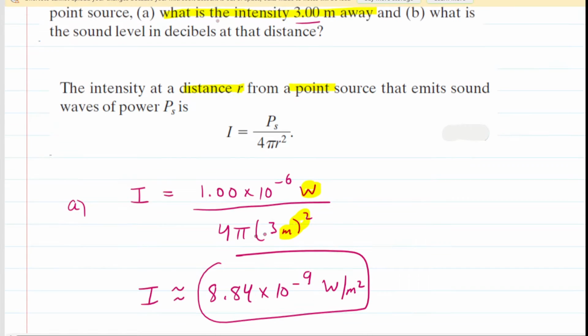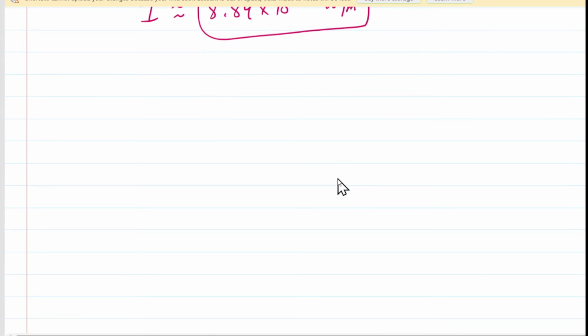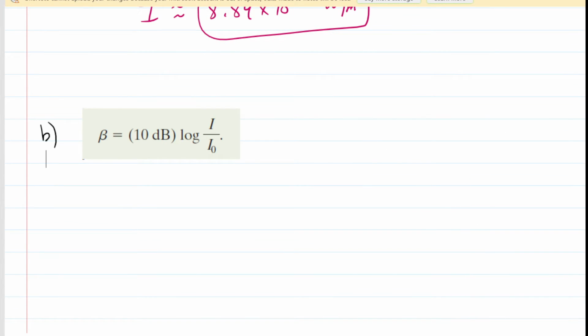Now in part B, we are going to take that intensity and convert it into a sound level in decibels. So here is the definition of sound level, which is symbolized by the Greek letter beta. We have 10 decibels multiplied by the logarithm of our sound intensity divided by some reference intensity. So all we need to do is plug in our intensity from part A in for the value of I,